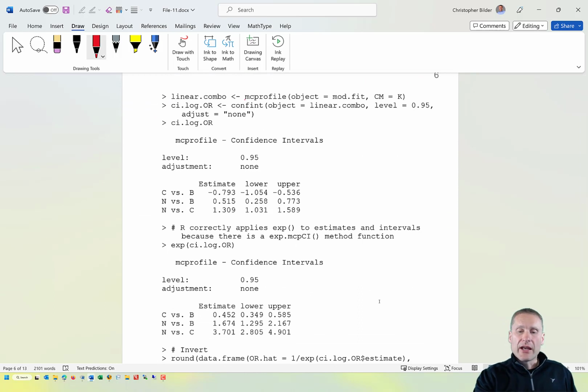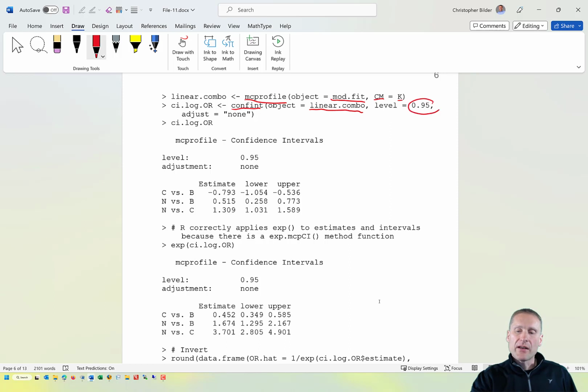Next, I use the mcprofile function in the mcprofile package. This again evaluates -2 log lambda for a whole bunch of different beta values. Notice how I use cm to specify where K is. Here are the results from my model fit using glm. Then the confint function, or specifically the confint method in mcprofile, takes all those -2 log